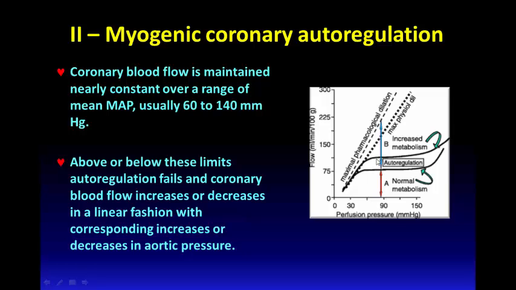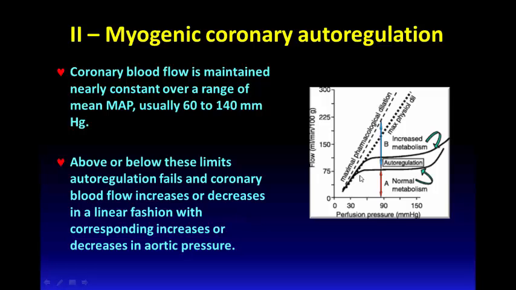This figure demonstrates that coronary blood flow is maintained nearly constant over a range of mean aortic pressure, usually 60 to 140 millimeters of mercury. Above or below these limits, the myogenic coronary autoregulation fails and coronary blood flow increases